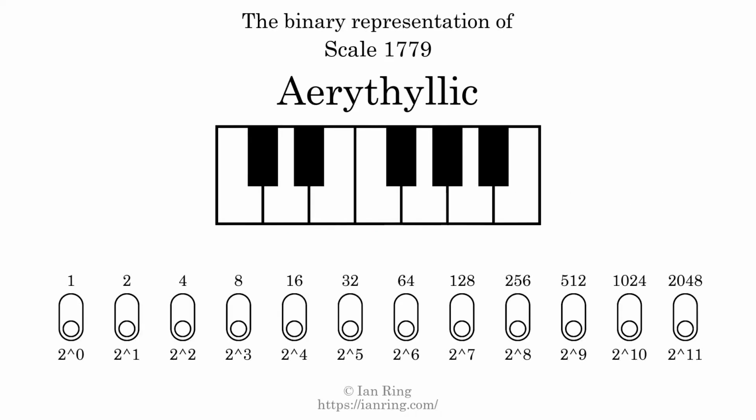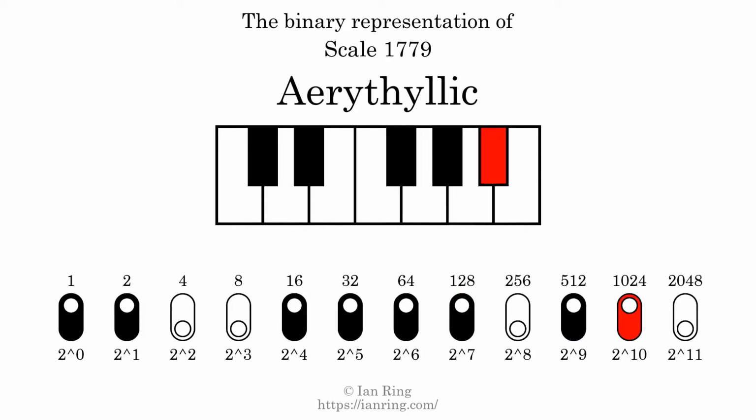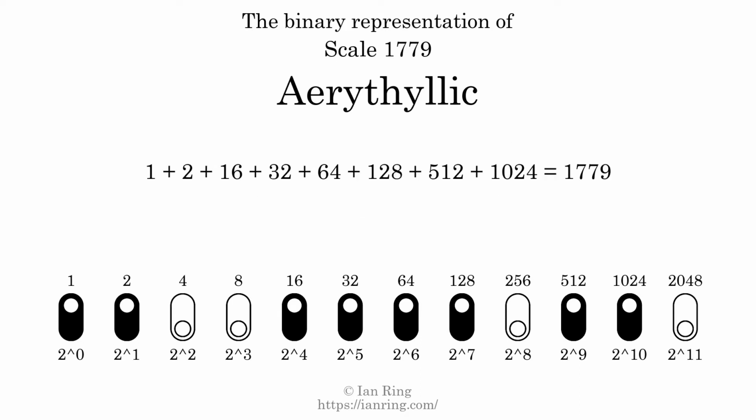The binary representation of this scale is determined by mapping tones of the scale to binary digits. Each binary digit represents a power of 2. To get the scale number, we add the powers of 2 together. The powers of 2 that are present in the scale, all added together, equals 1779. That is why the scale number, in decimal, is